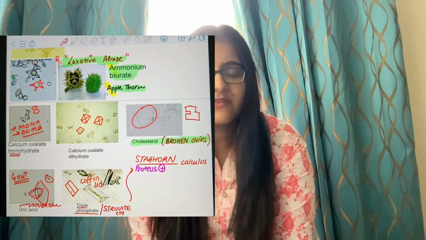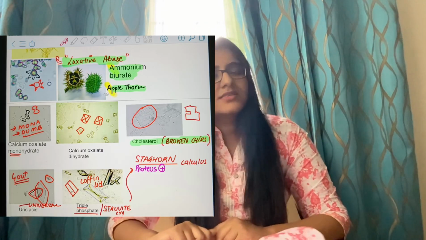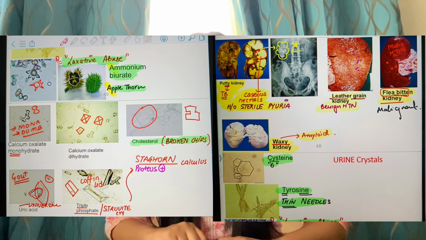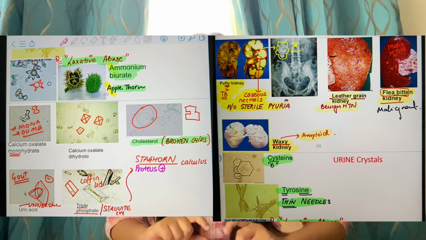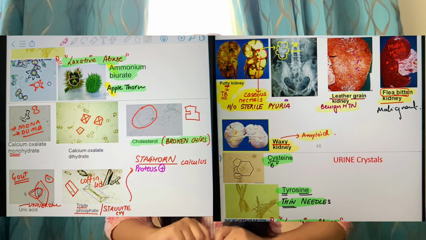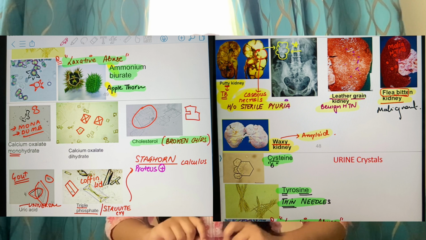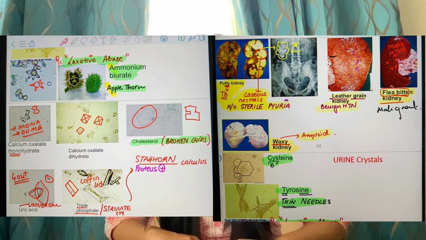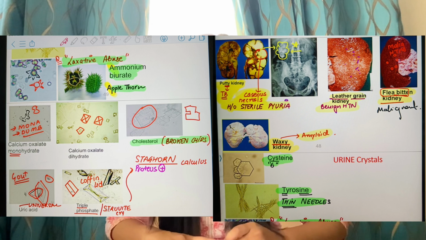So now we are coming to systemic pathology, thankfully. So systemic pathology, first of all, I am telling you all to know the crystal diagrams and also cast diagrams, okay. Crystal and cast diagrams I am giving here also. Envelope shape, you know that is calcium oxalate dihydrate, and dumbbell shape will be calcium oxalate monohydrate, and also coffin lid appearance will be for struvite stones, which you find as staghorn calculi associated with Proteus, correct, from microbiology.